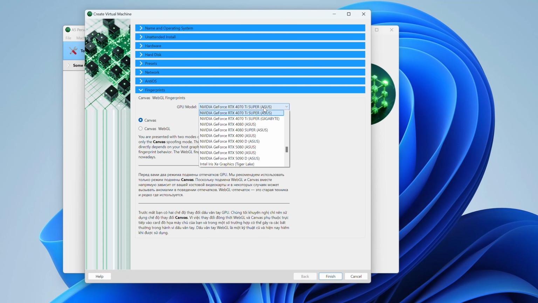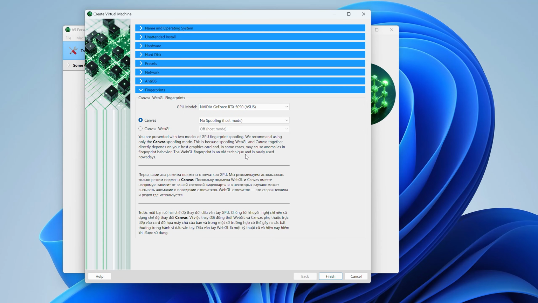What's the difference? Of course, it would probably be good to use powerful graphics cards, such as, for example, NVIDIA RTX 5090. But I want to draw your attention here to one rather important thing: common sense. If you are using an old computer with an old graphics card, then emulating a powerful graphics card is absolute stupidity for you.